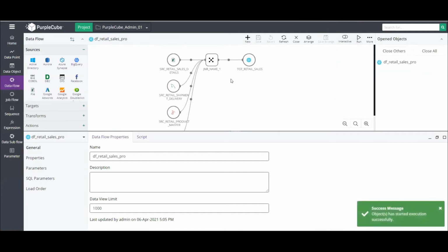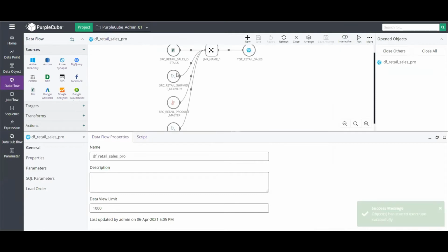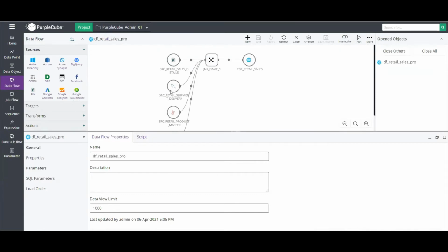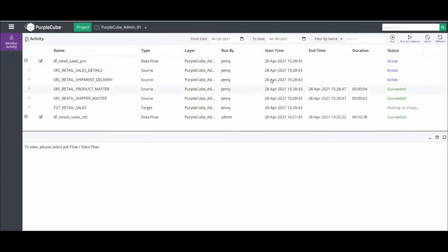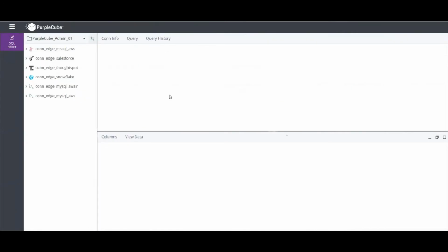And Jenny brings in the data from multiple sources, like we have here files, MySQL, SQL Server sources, joined with massaging the data with some joiner conditions, and then inputting into the target table. We can see that our job is currently running now. By the time this job runs, I would like to take you through the SQL editor feature that